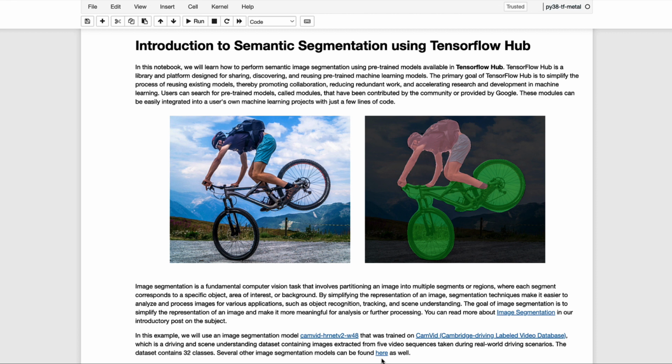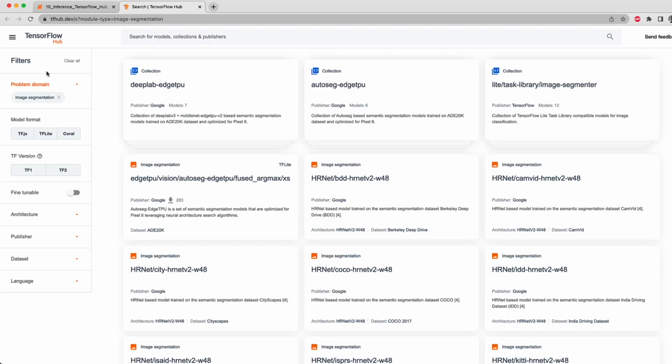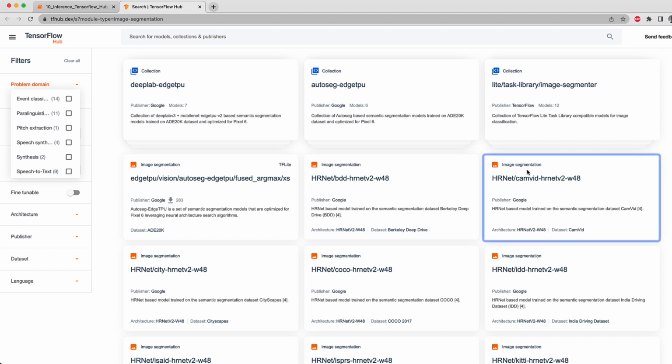But before we get started with the coding implementation, let's just take a quick look at the TensorFlow Hub site. Here we've provided a link to the image segmentation models on the site, but notice that in the upper left-hand corner there are filters that you can set to look for a wide range of different models. And in this case, since we're on the image segmentation page, you can see all the different segmentation models that are available. And so let's go ahead and navigate to the HRNet CamVid model that we're going to use for